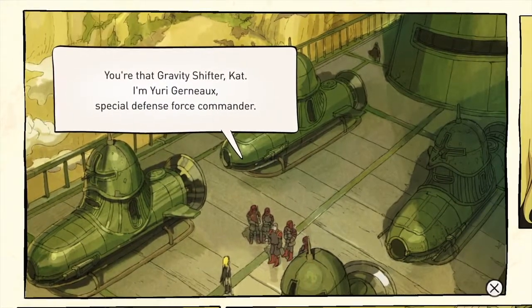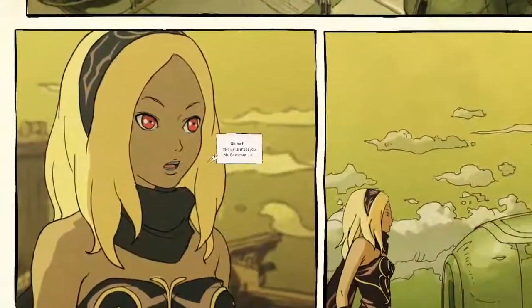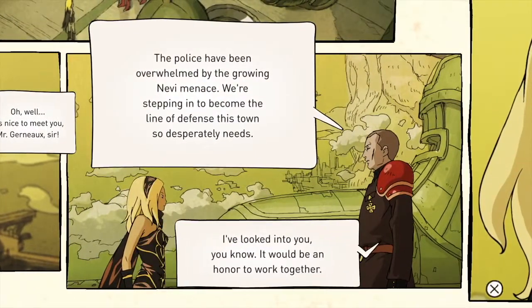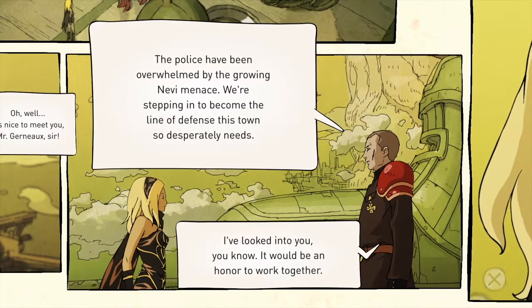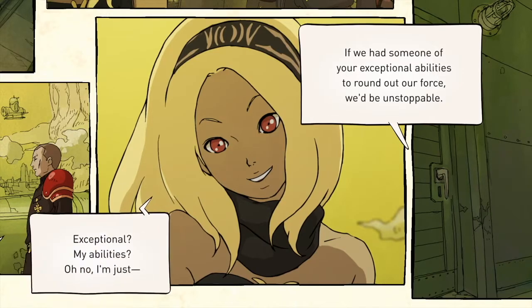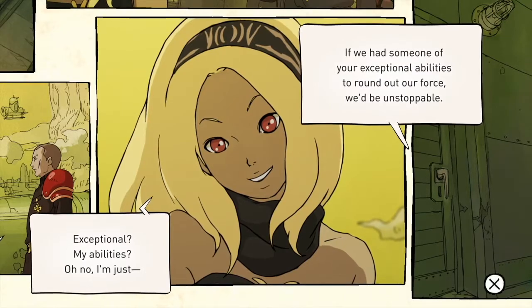You're that gravity shifter, Cat. I'm Yuri Kurno, Special Defense Force Commander. Oh, well, it's nice to meet you, Mr. Kurno, sir. The police have been overwhelmed by the growing Nevi menace. We're stepping in to become the line of defense this town so desperately needs. I've looked into you, you know. It would be an honor to work together. If we had someone of your exceptional abilities to round out our force, we'd be unstoppable. Exceptional? My abilities? Oh no, I'm just...